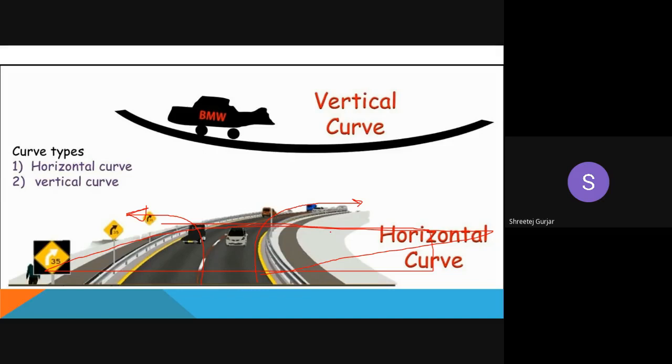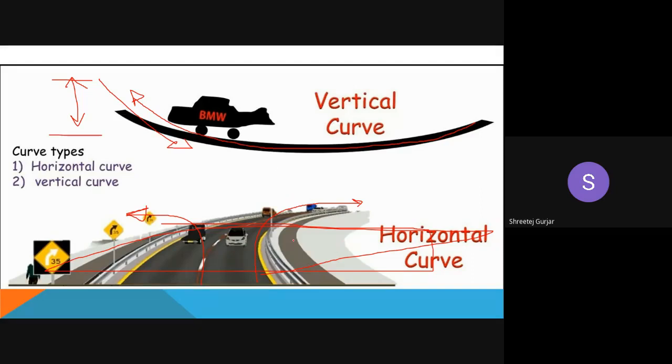So these are horizontal curves, but this is your vertical curve, wherein you can see it will help you go upwards, up the hill, or it will allow you to come down the hill, right? It changes your elevation. It is in the vertical plane. It helps you change in the vertical direction. So this is the difference between a vertical curve and a horizontal curve. I hope you have understood.